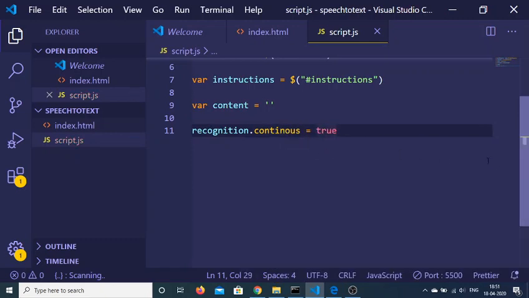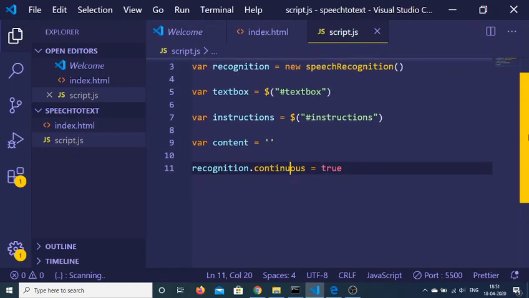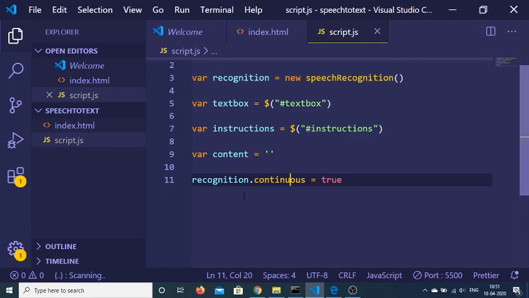Oh sorry, there is a spelling mistake, let me fix it, continuous, yes. So basically we have used recognition.continuous is equal to true. It is basically telling it to continuously listen for the instructions being spoken into the mic.